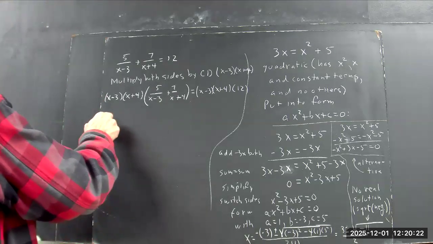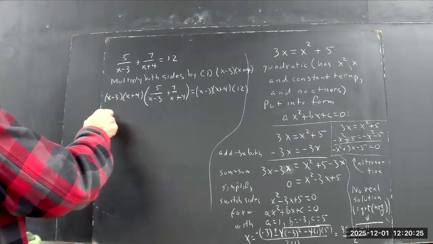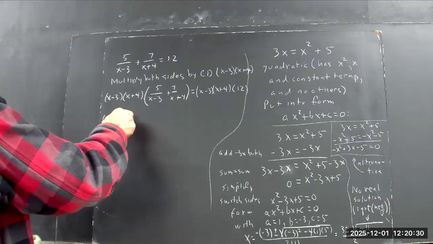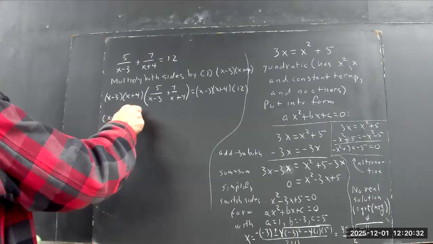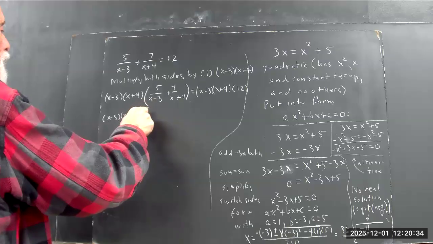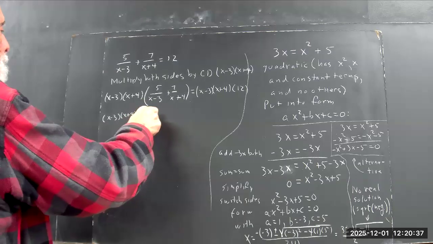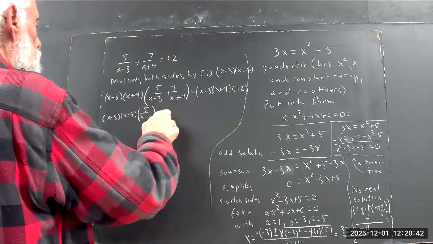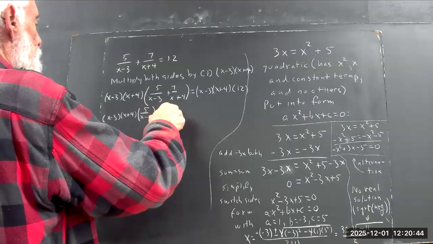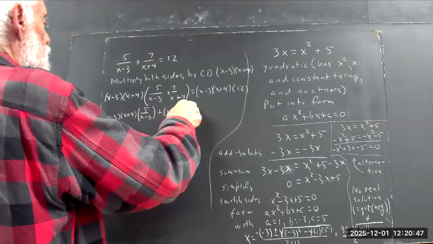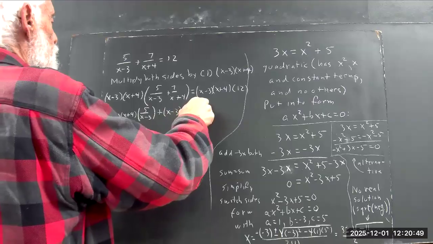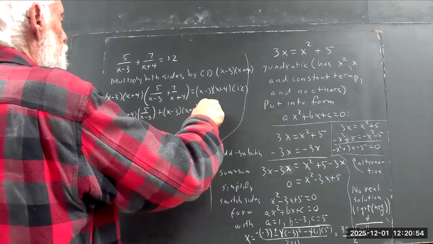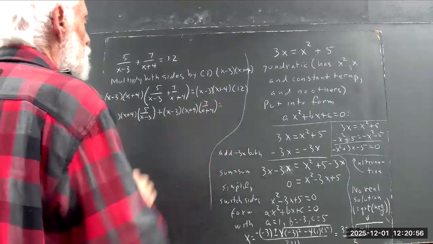On the left-hand side, we get x minus 3 times x plus 4 times 5 over x minus 3, by the distributive law, plus x minus 3 times x plus 4 times 7 over x plus 4, equals,